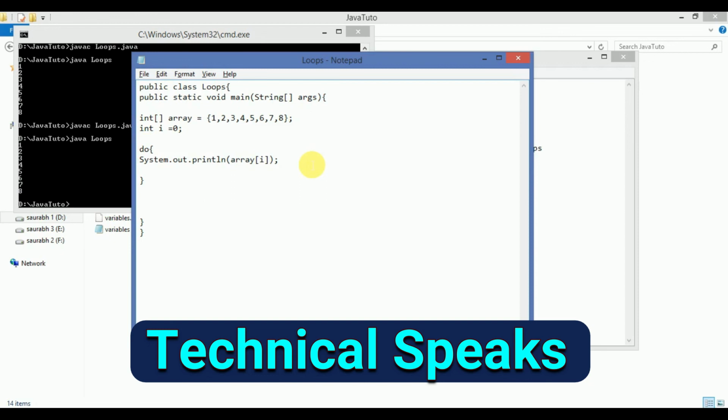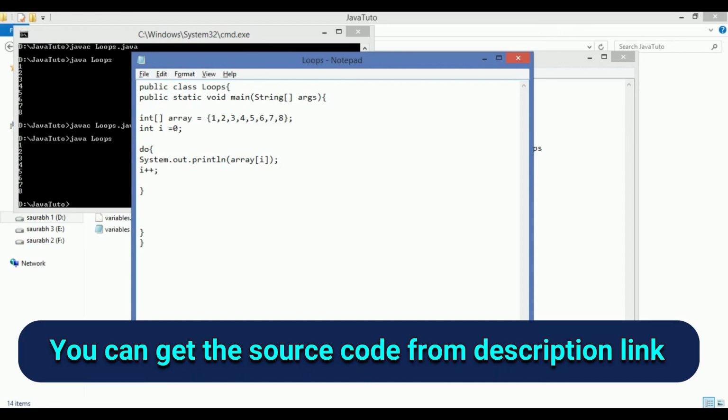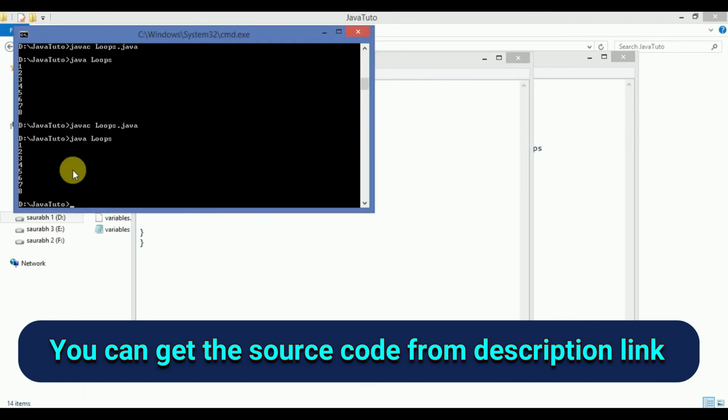Here we increment it, and where the curly bracket closes we write while, and under while we pass the condition. In this case we have i is smaller than array.length, so we write that and terminate it. Now if I compile and run it, you would see all the elements are printed, right?